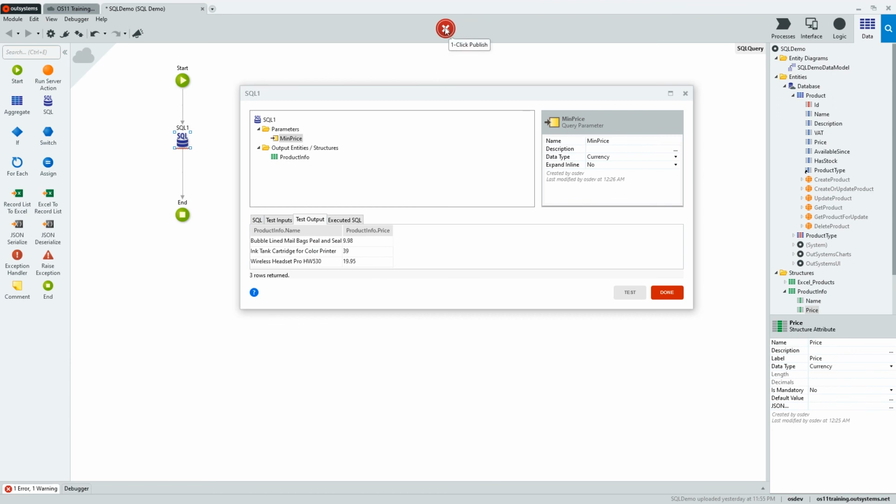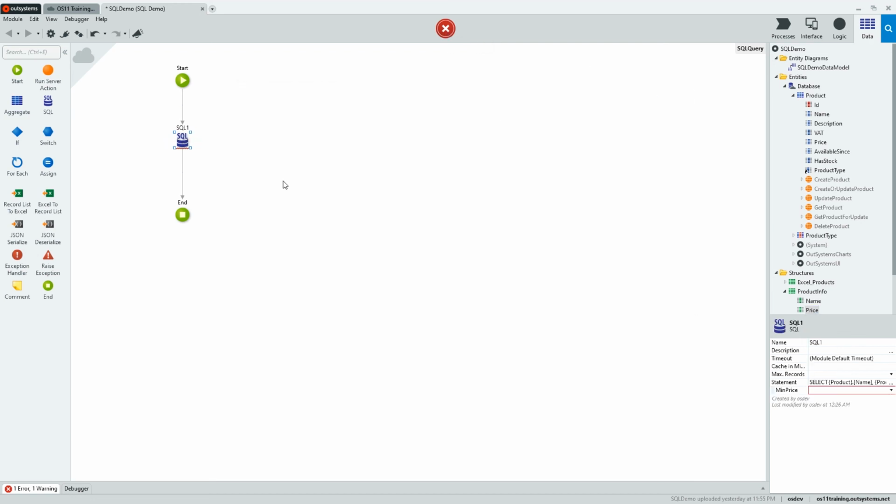As we can see, we have a true change error in our module. The error is not related to the SQL query itself. It is because we are not defining the runtime value for the query parameter. Here you use an expression based on variables, or simply enter the value directly. This is the actual value that will be used during runtime when the query is executed. The value defined previously in the Test Inputs tab was for test purposes only and has no effect at runtime.